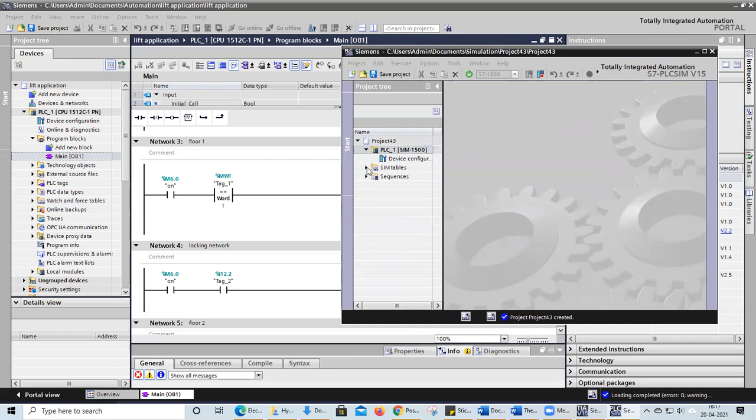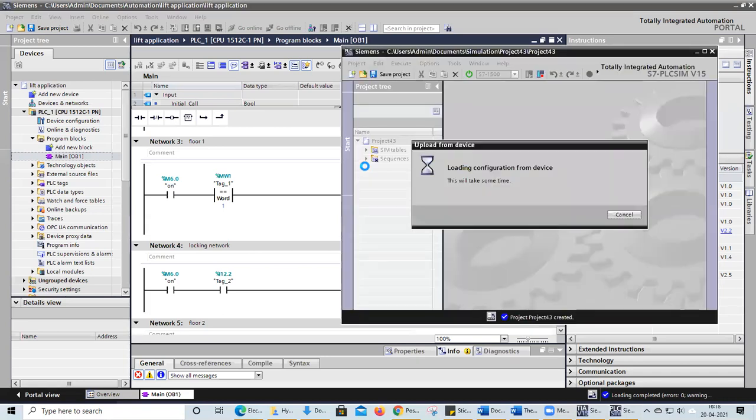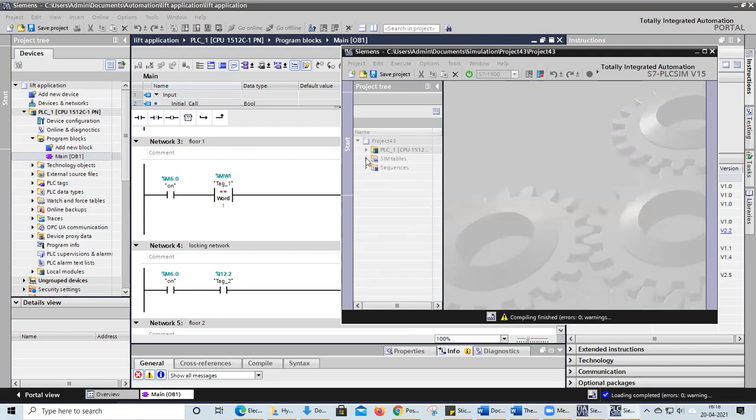Okay, now click on the sim table. Now compiling finished.